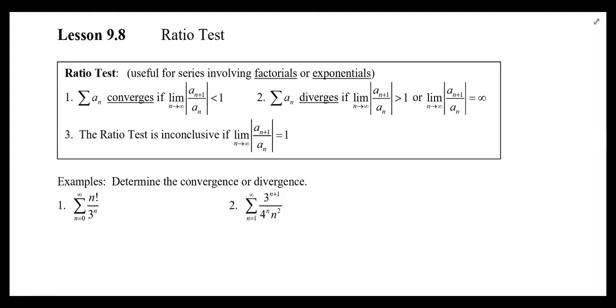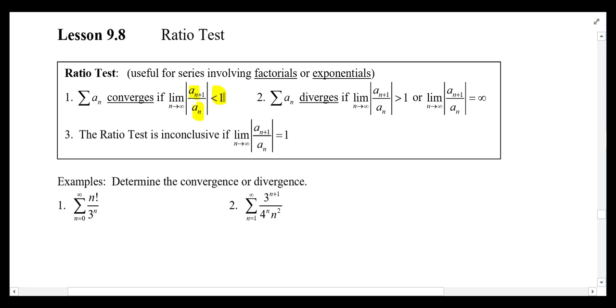Right, lesson 9.8, and the final test for convergence and divergence, something called the ratio test. The ratio test is a very useful test if you have series that involve factorials or exponentials. What the ratio test says is, if you take the limit as n goes to infinity of the next term divided by the current term,